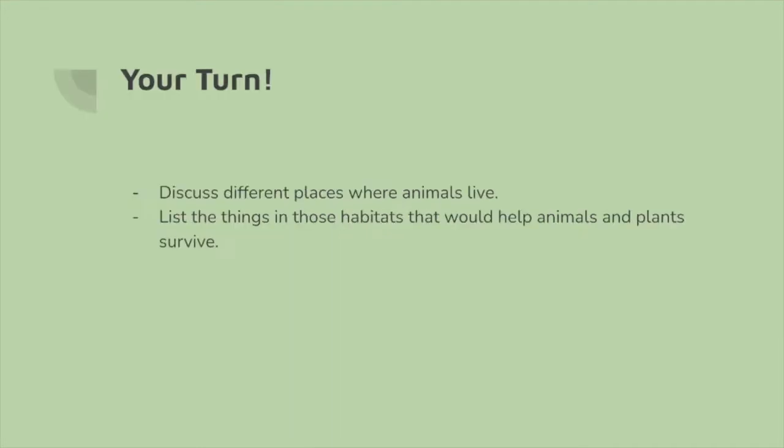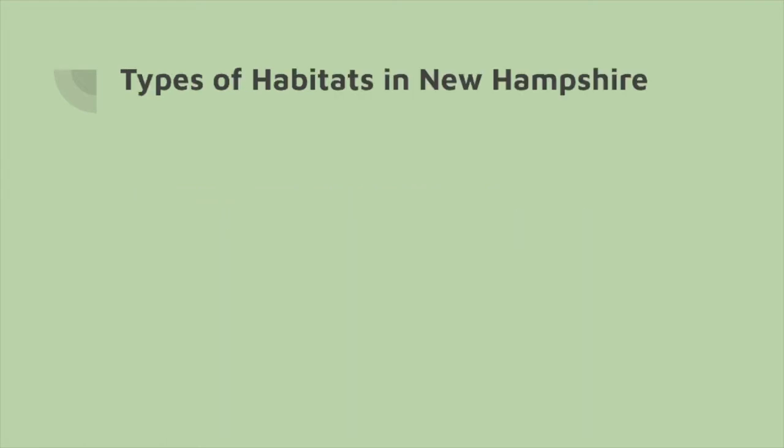All right, so now we also want you guys to discuss the different places where animals might live. And you can list the different things that you would find in those habitats that would help animals and plants survive, kind of like how we just mentioned food and water and shelter. So we hope that you were able to think of some good examples of things that help animals survive in